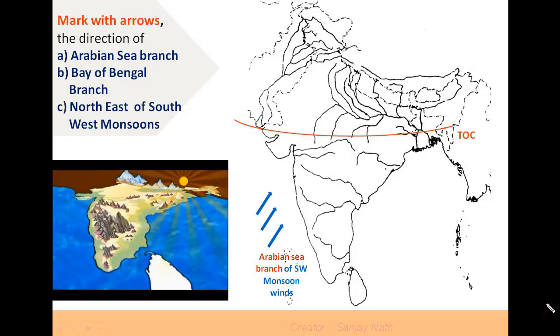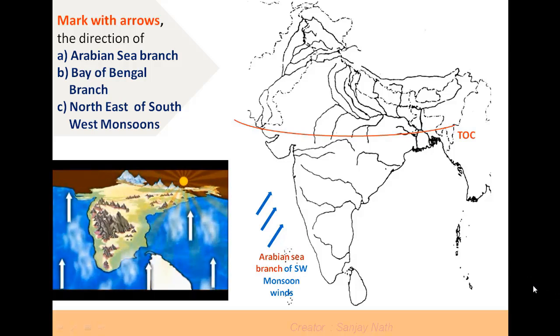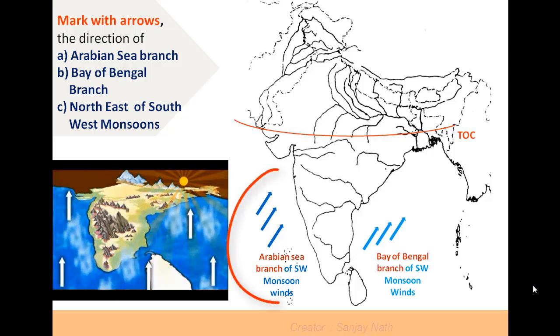As you can see, the southwest monsoon wind is moving from southwest to northeast direction. Consequently, it is divided into two branches due to the indented mainland of the Peninsular Plateau of India. One has to draw these arrows to show the southwest monsoon winds in the Arabian Sea, followed by the southwest monsoon winds in the Bay of Bengal. The direction of monsoon winds must be shown with an arrow from southwest to northeast direction only.